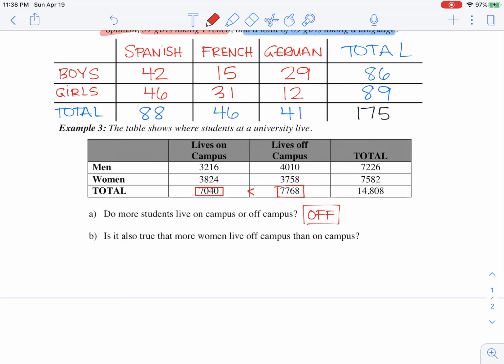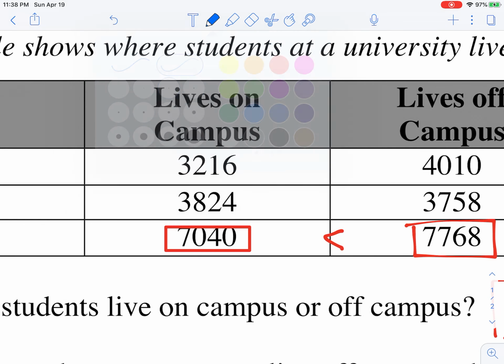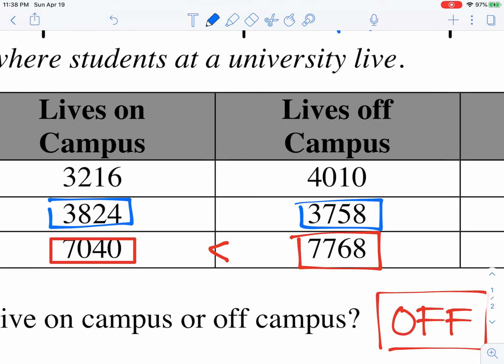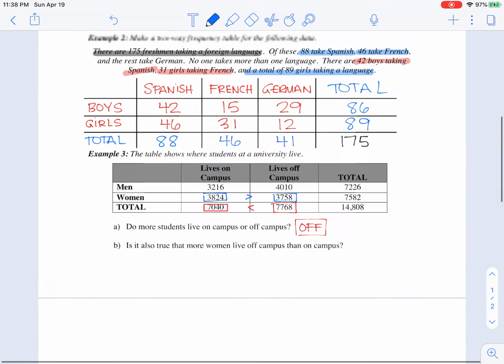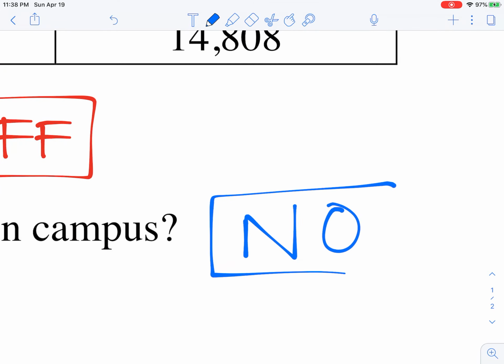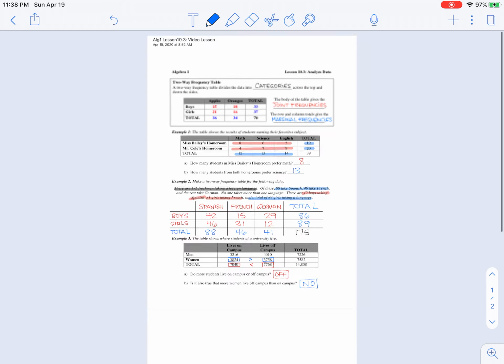All right, so for B, is it also true that more women live off campus than on? All right, so again, we're doing off versus on, but now we're looking specifically at the females. And it appears that on is actually greater. So that answer would be no. All right,